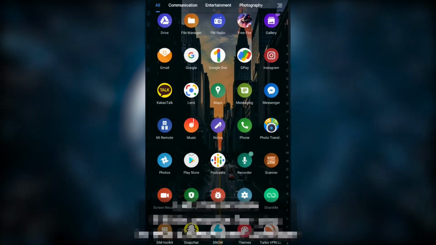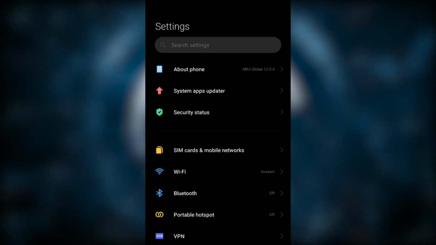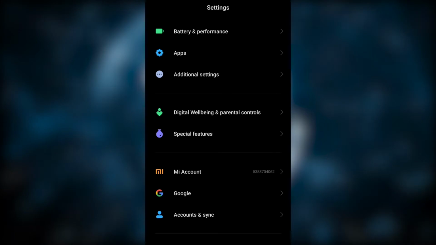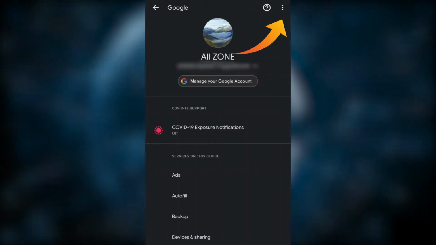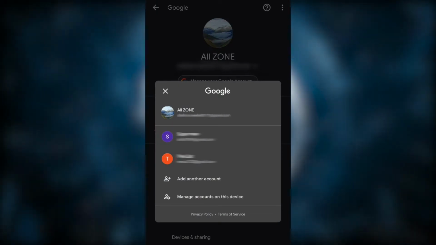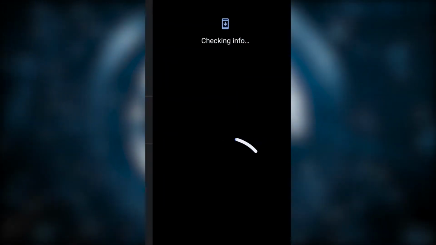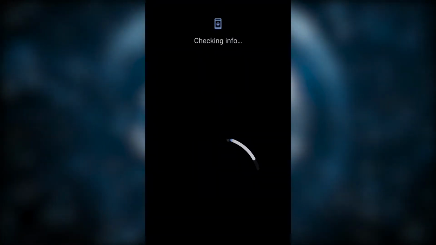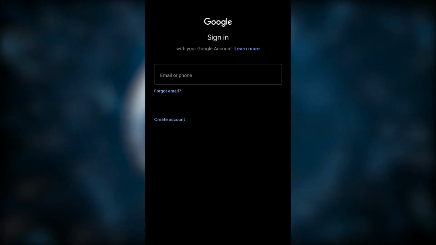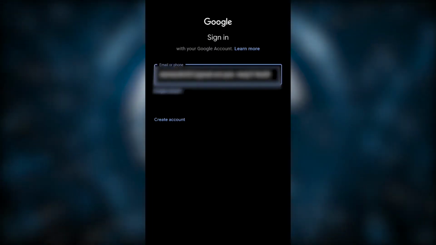So let's get started. First we have to go to the settings, then scroll it down, then click on the Google, and you can see there is an arrow. You have to click on the arrow. Then there is an option add another account, so you have to click on that, and then it will load a little bit. Then you have to add your email here like this,